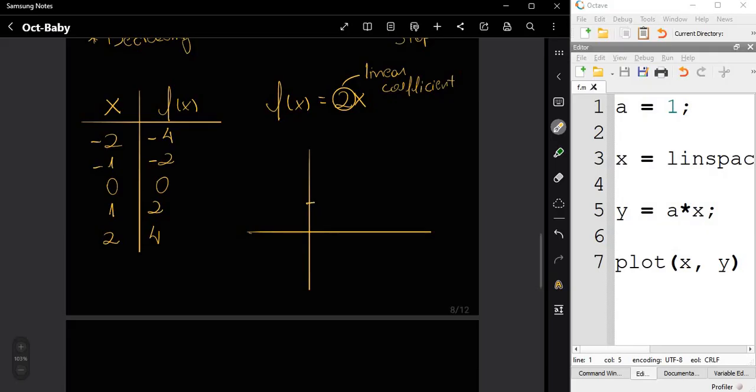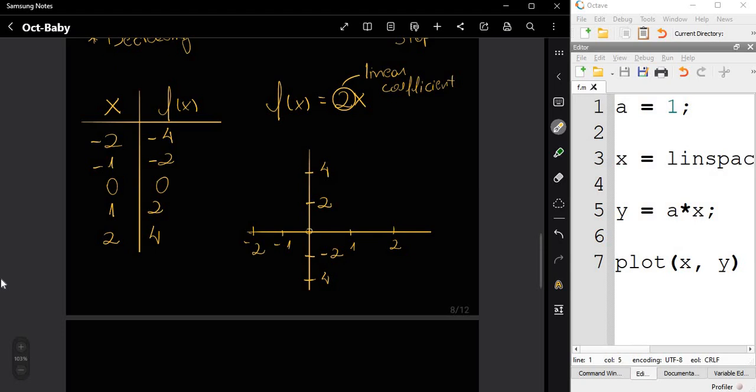So 1, let's say 2, 4, -2, -4, 2, 1, 2, -1, -2.